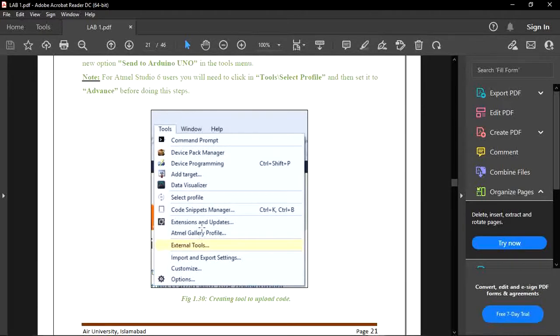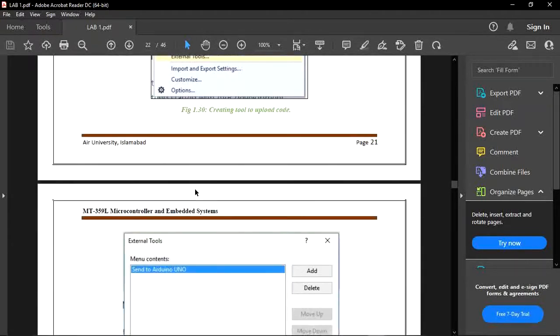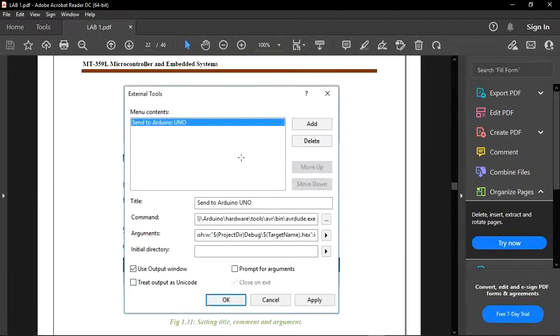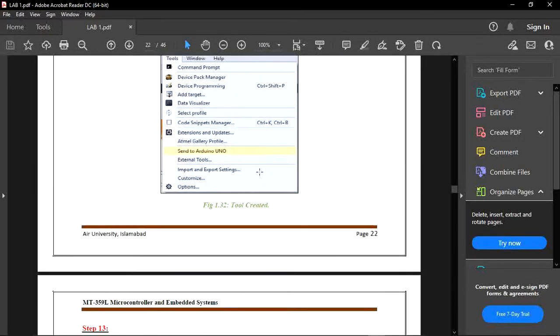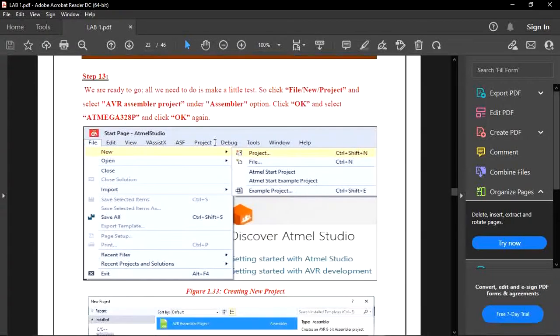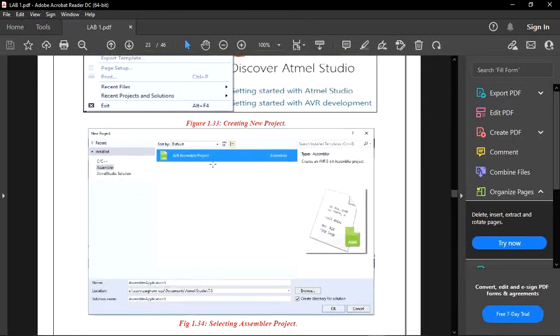First of all we have to go to external tools and then add device. Then we can create a new file after the installation process is complete, with AVR assembly language, as well as when we are performing C language tasks, we have to choose C and C++ from here.